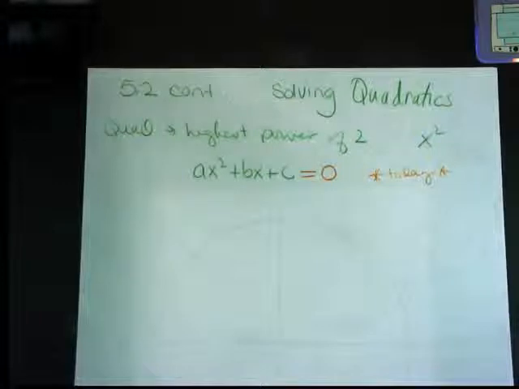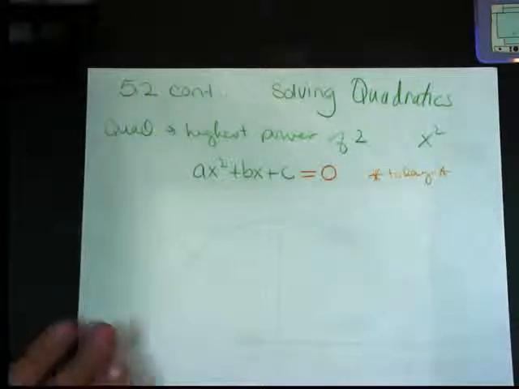Whenever you have an equal sign, you're solving. If you don't have an equal sign, you're simplifying. And that's what factoring is. Factoring is a simplification process. So whenever you see an equal sign, you solve. If you don't see an equal sign, you don't solve. So in order to solve,